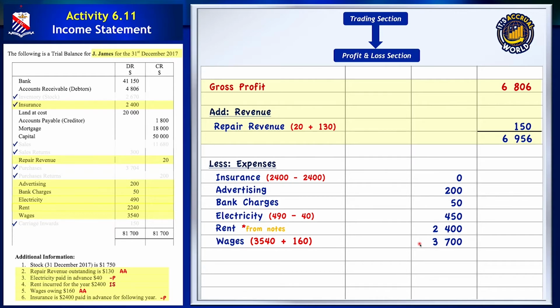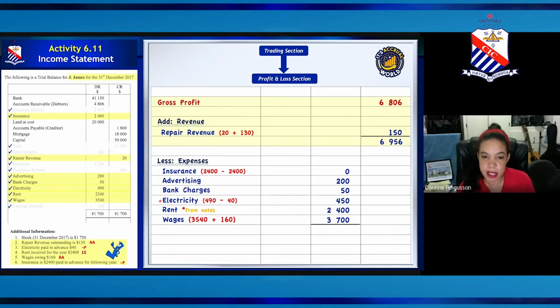And you look and you see that you have gotten all of your expenses. Yes, we got them all. And then you even look that you saw that you accounted for all of your adjustments, right? So you've done everything. You can now calculate what your total expenses are. You add up those figures and the answer you get will be $6,800. Note the brackets. That is to signify that you're going to less the expenses. You're going to subtract. What are you subtracting from? Your total revenue figure here. So you have this minus that,